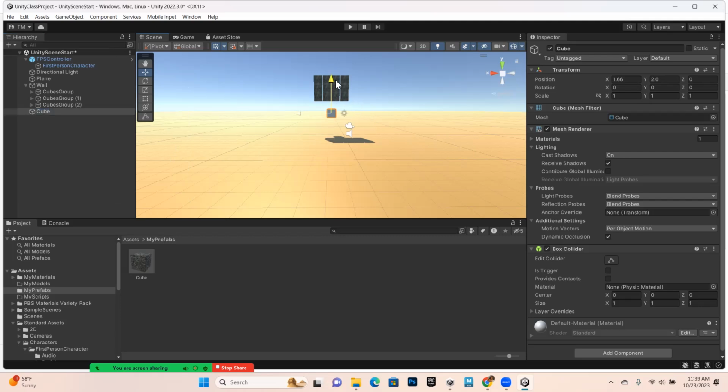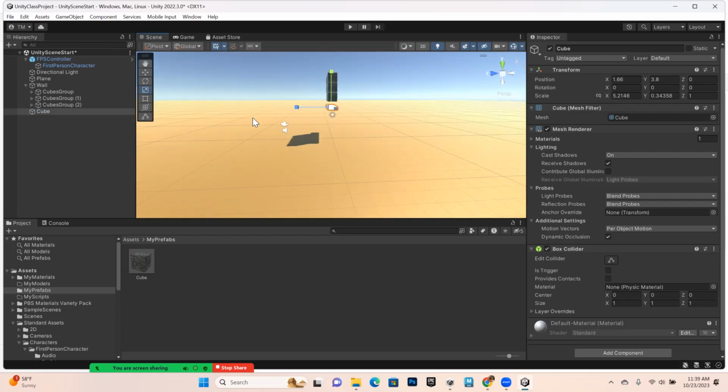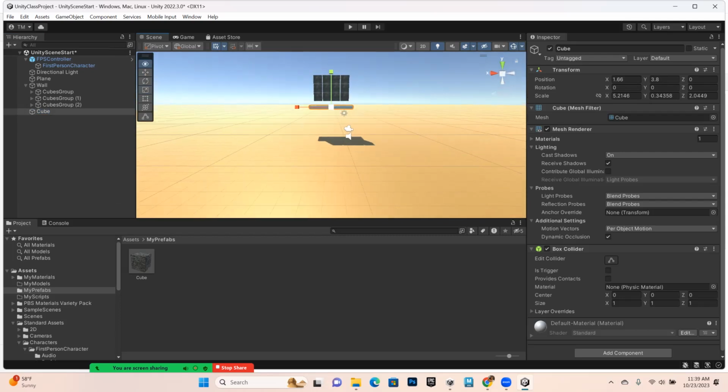and I'm going to move it up. And then I'm going to scale it. I'm going to hit the R key to get to scaling. I'm going to scale it in X out, maybe in Y down a little bit. And then in Z, I want to scale it out a little bit too, like it's a platform. So I made this platform